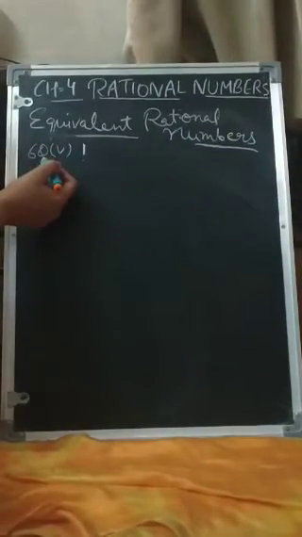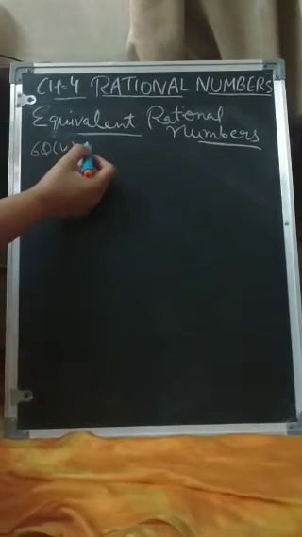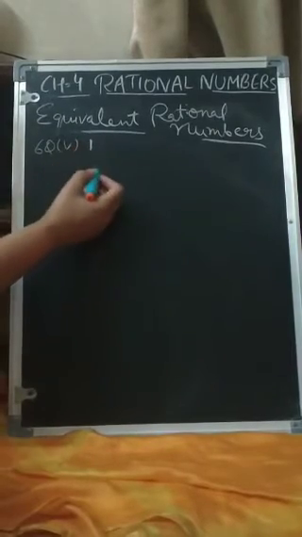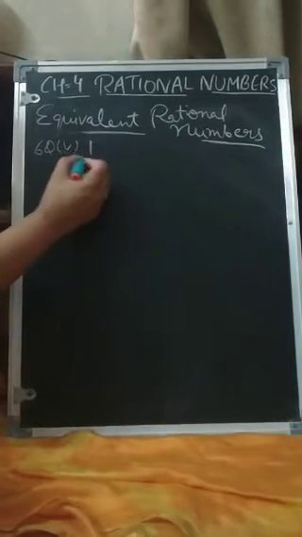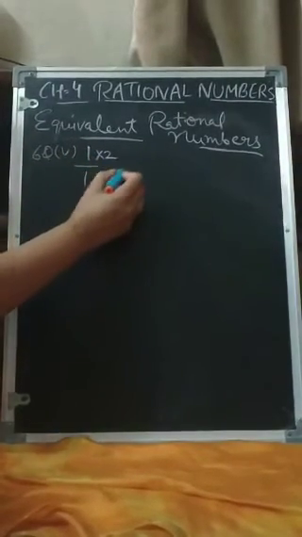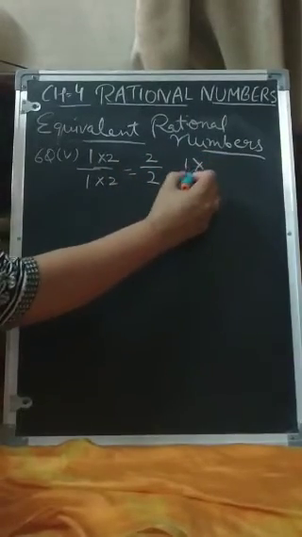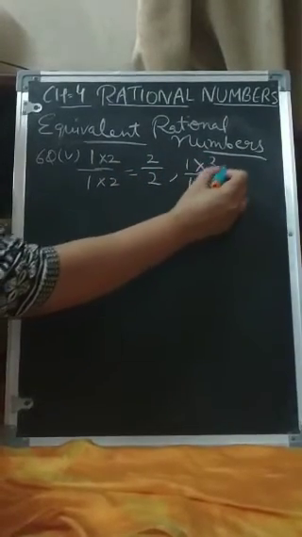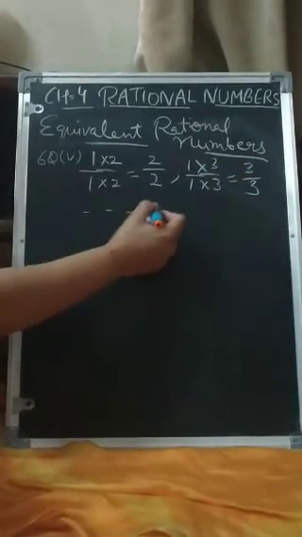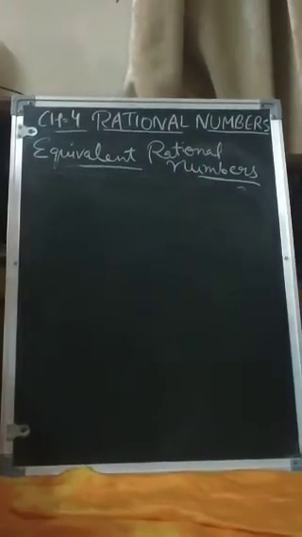Like this, in our 6th question, 5th part, the number is 1 and we have to find 5 equivalent rational numbers of this. First of all we can represent 1 as 1 over 1. Now we can multiply with 2, and we get 2 over 2. Like this we can multiply with 3, then we get 3 over 3. And so on with 4, with 5, with 6, and you will get the equivalent rational numbers of 1.